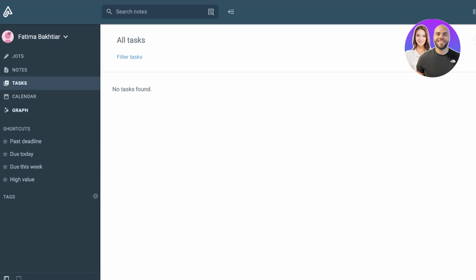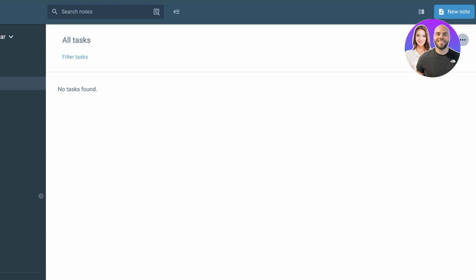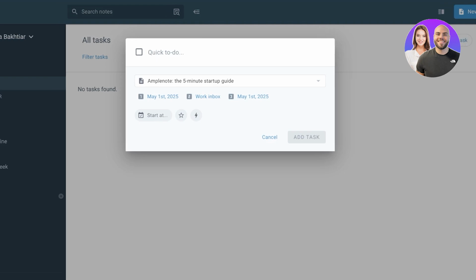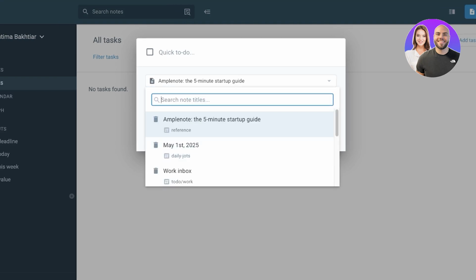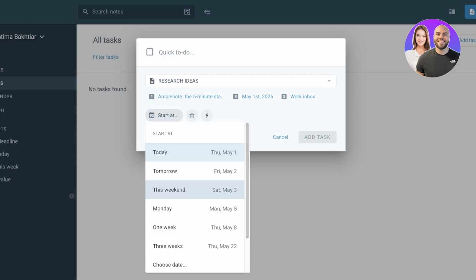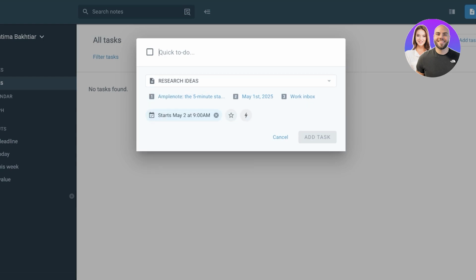You can go into tasks and then click on add task over here, and you can group them by different sections. We're going to click on add tasks and we can add a quick to do, and we're going to delete these reference or note titles. Let's say this is going to be related to my work inbox research ideas. And within that, I have a certain task that I want to start tomorrow. And we're going to add a quick to do, which is going to be to research or find the literature